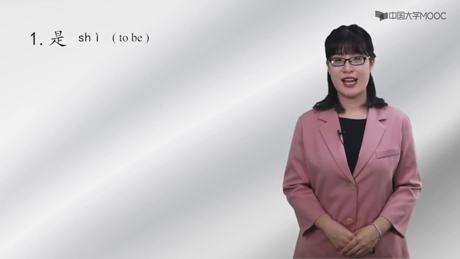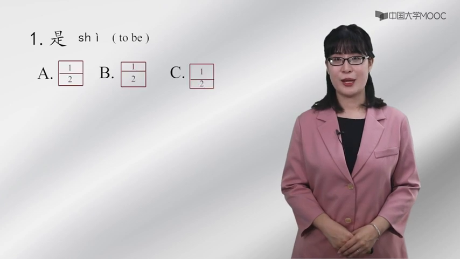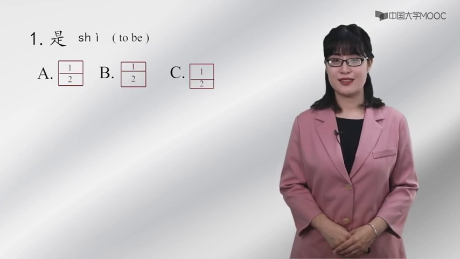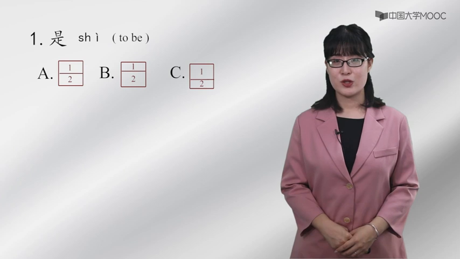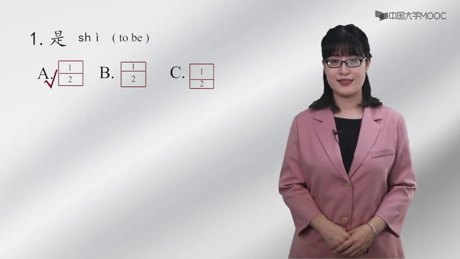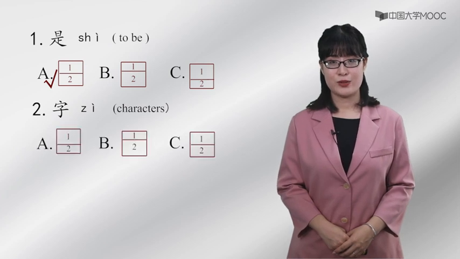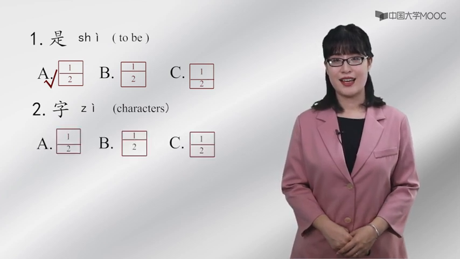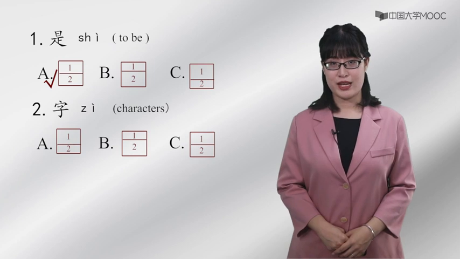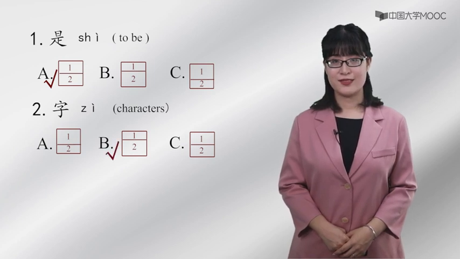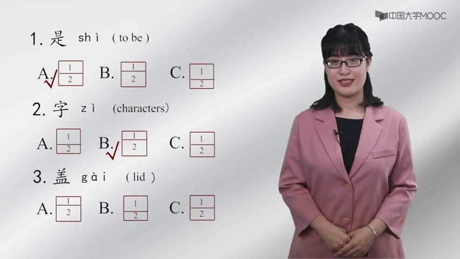Now let's try to choose the right picture. 是. Please choose. The answer should be 字. Please choose. The answer should be 盖. Please choose. The answer should be